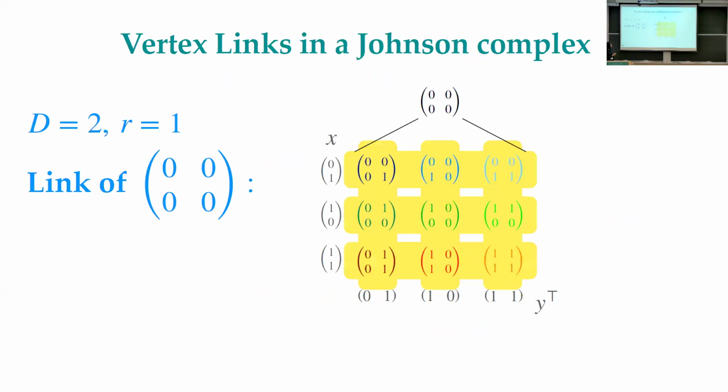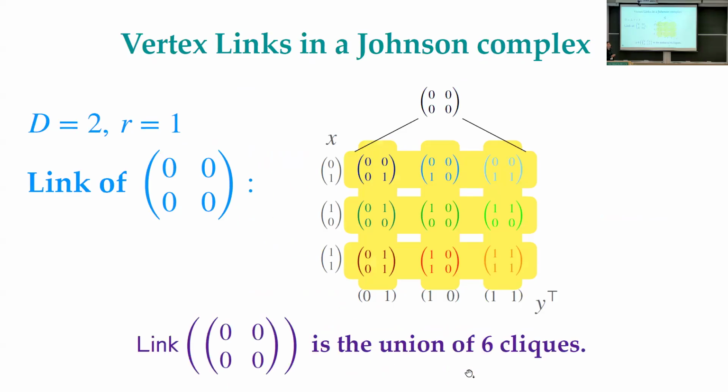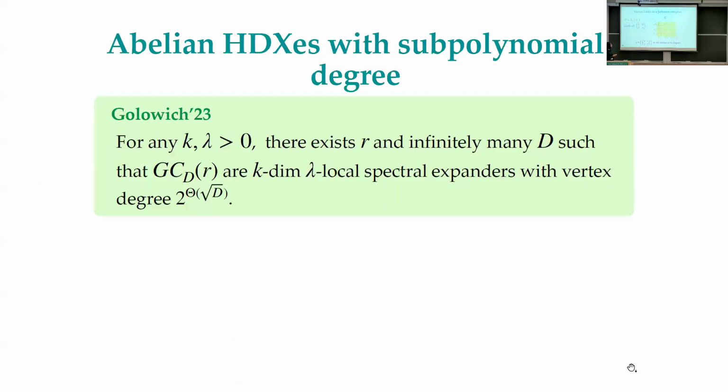I don't really have enough time to talk about what the link looks like, but the link structure turns out to be really nice. If I look at a very simple case of 2x2 matrices with rank difference 1, then the link is actually a union of 6 cliques. So it's a very nice structure. As a result,